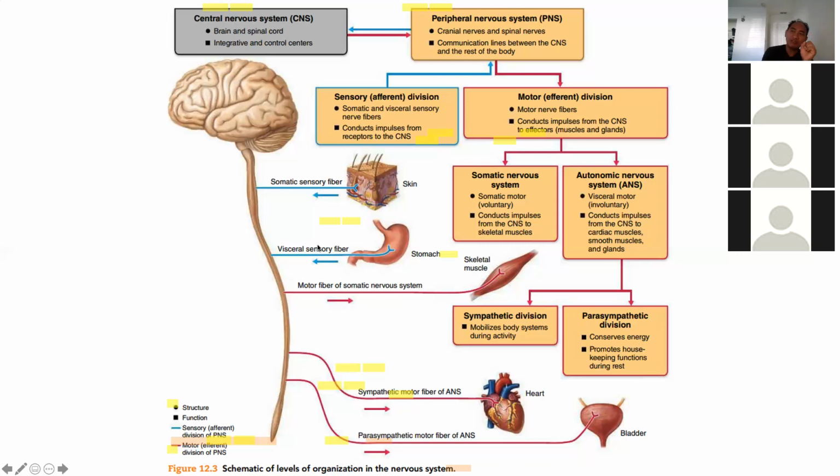Whether it is visceral sensory or somatic sensory, it has to come to the spinal cord, and then we go to the brain, or they might just cycle back from the spinal cord, like our swallowing reflex or micturition reflex. The bladder distends and we squeeze it out. That is something at the spinal cord level, and we don't even think about it, like reflexes. So these sensations, visceral or somatic, come to the spinal cord level. They might go back directly from the spinal cord, or they might go up to the brain and go back